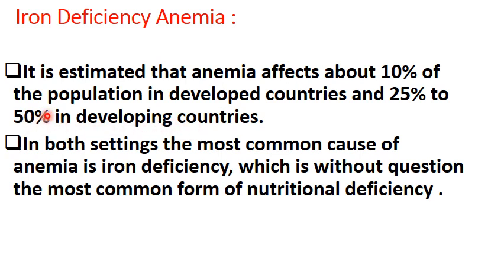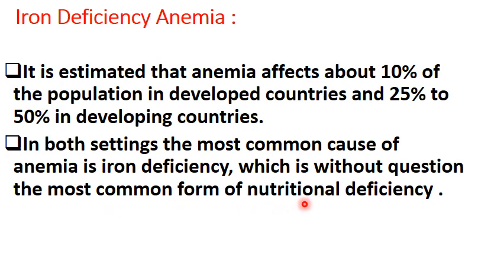Of course, in developing countries the quality of the food is generally unhealthy, focused on fatty food rather than healthy food, which is rich in iron and other vitamins. But in both settings, the most common cause is iron deficiency. It is the most common